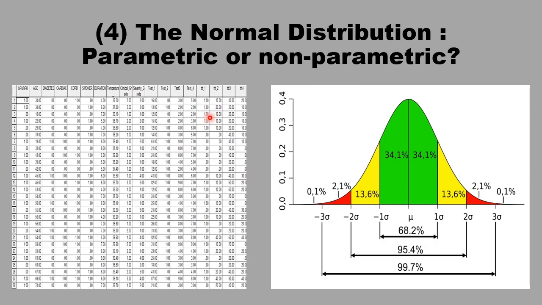So starting with a set of data like this, there will be several variables to be analyzed, and each of these variables has a set of data. And if this set of data, in the several tests and the several variables, is distributed normally, then we can tell where the middle part of the set of data is, and we can be pretty confident that about 68.2% of the data would be one standard deviation above and one standard deviation below that central part, and that 95% of the data would be within two standard deviations above and below the central part,